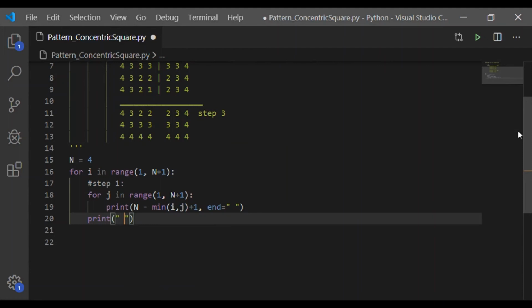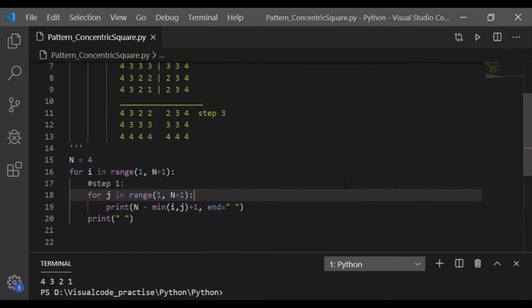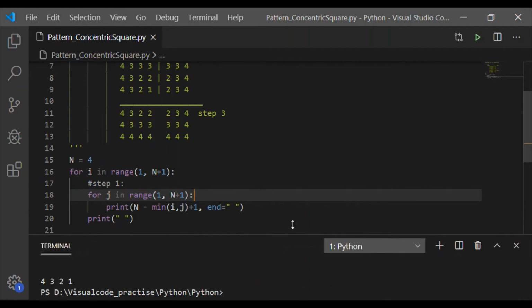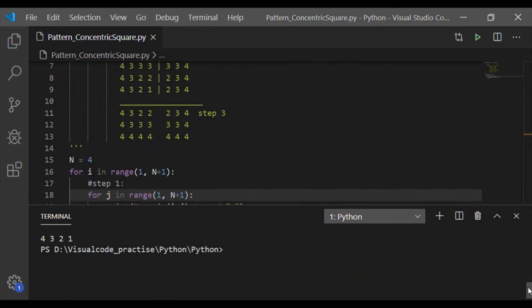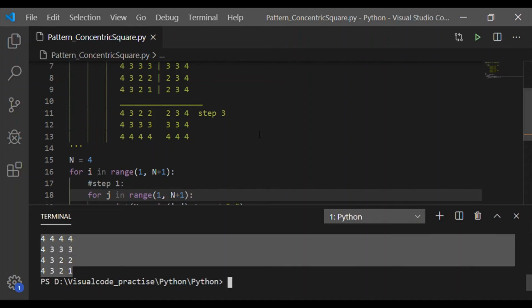After finishing one row, we want a new line, hence the last print statement. On executing this code, we get step 1 of the concentric square as expected.